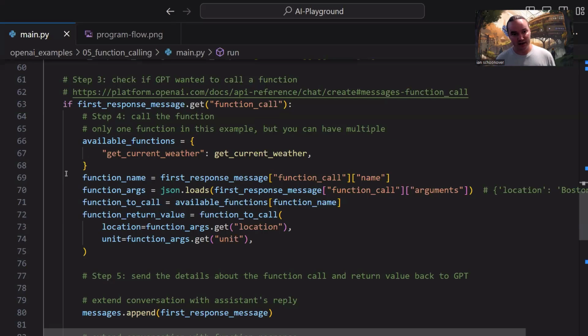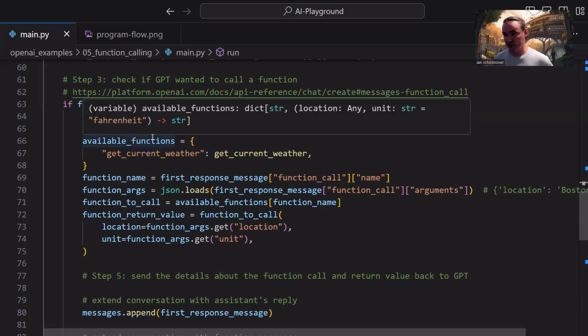Now we're going to create another dictionary that is available functions. These are the functions that are available to us. The key is the name of the function variable, and then the value is the actual function variable. So now we want to extract the name of the function that the model wants us to call. That's inside of that first response message. It's inside of that function call object, and it has a key called name. That is going to be, in this case, get_current_weather. So now that we have the function name, we know which of our functions we need to call. This is simple because we only have one function, but if you had more than one, then you would have